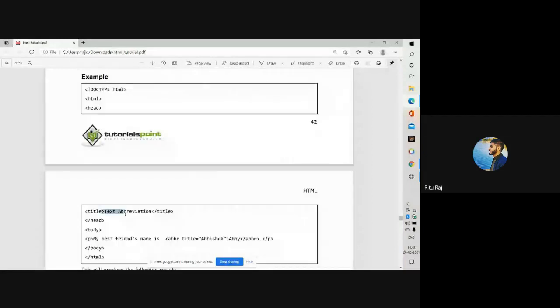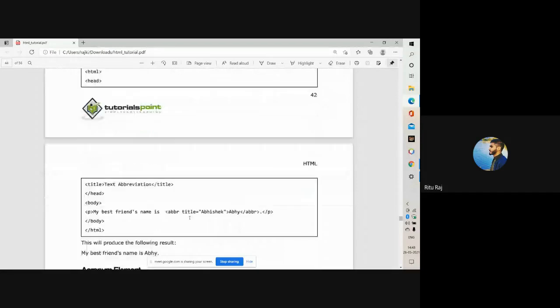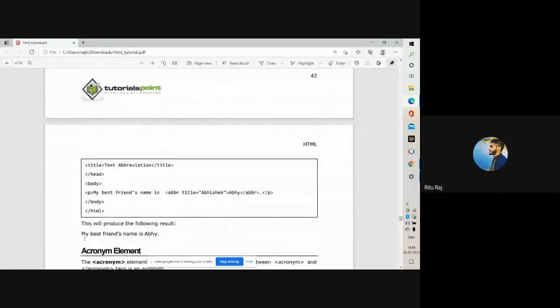Here is the text abbreviation. And here in the paragraph, my best friend's name is Abhishek, Abhay, or anything, and you have used the abbreviation tag here, and the output will display like this.